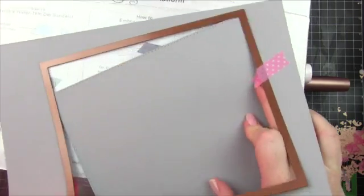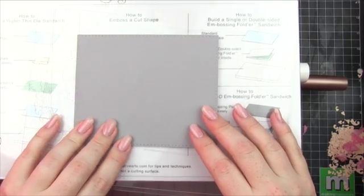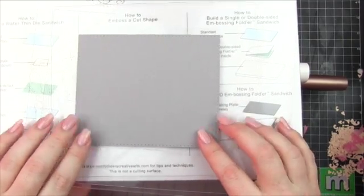Okay, and then you can see that just is there. Oh, I was going to say it's just going to pop out, but it won't because of the tape. So that's that piece cut, and you've got the lovely piercing holes on the side, the pierced holes at the side there. I am going to cut a second one in this size. Okay, so that's that piece cut as well, so I think that's come out really nicely, so we pop that